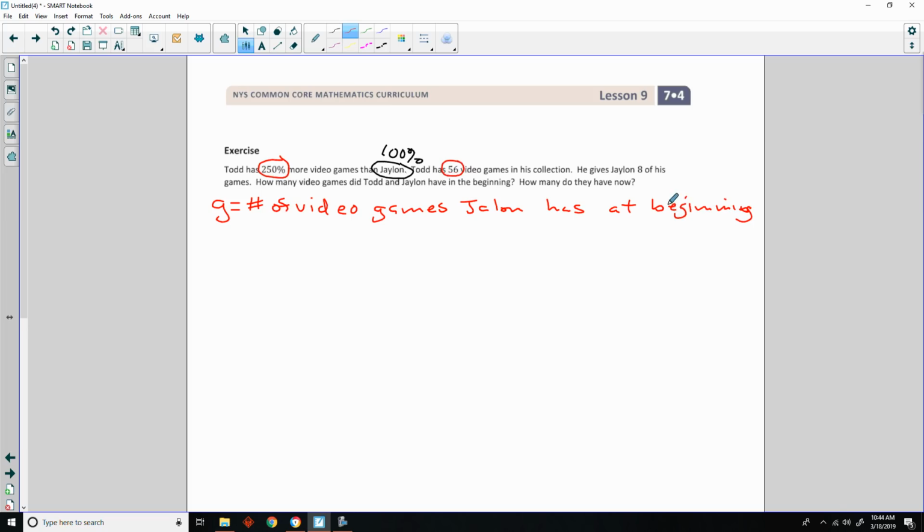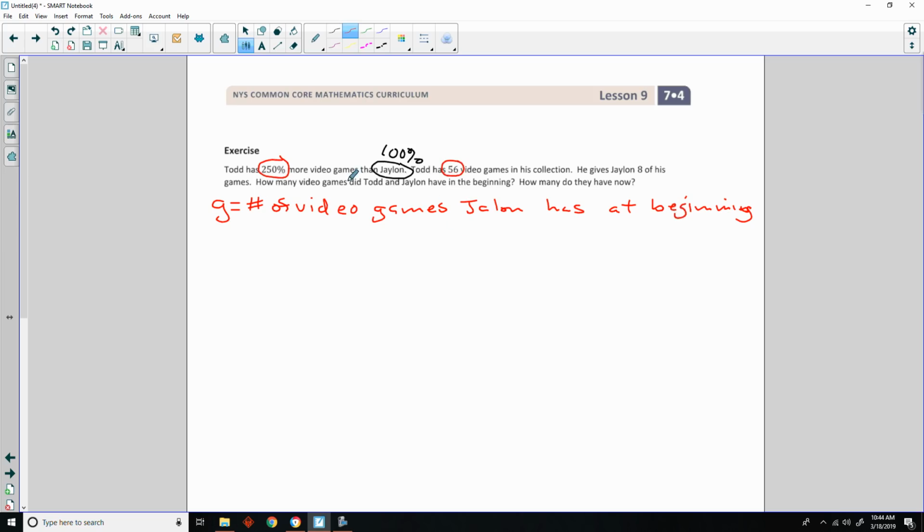G is the number of video games Jalen has at the beginning. That's this amount here. So let G be the number of video games. Then Todd started with